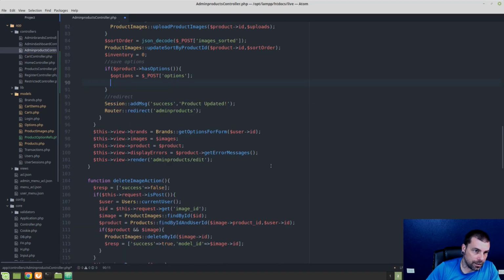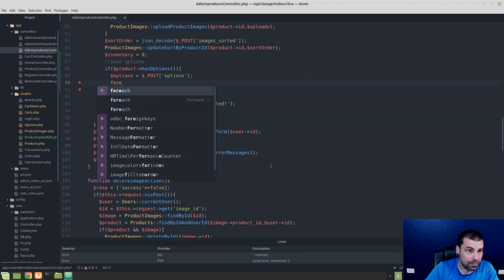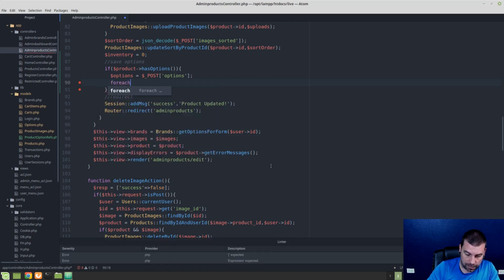Okay, so that gets us our options from our posted values. The next thing that we want to do is loop through those. So for each options as